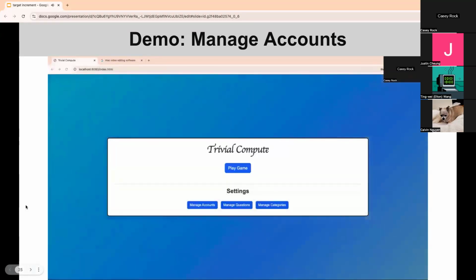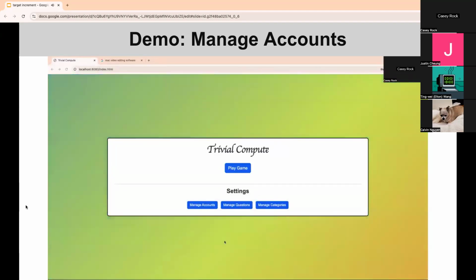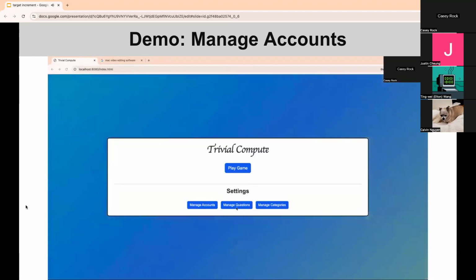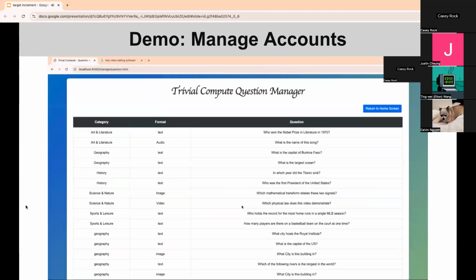For this demo, we'll go over the manage questions and manage category portion of Trivial Compute. Notice that the buttons are blue, indicating that we've already authenticated in as a teacher. This allows us to go into these buttons without having to authenticate again. So clicking on the manage questions, what you'll see is that this page queries the database and returns all the